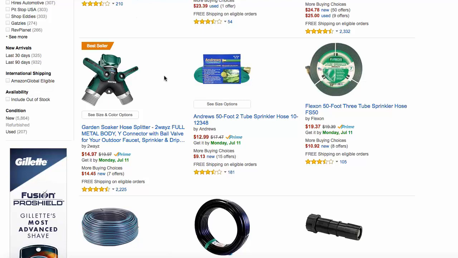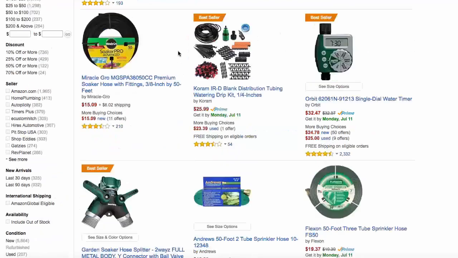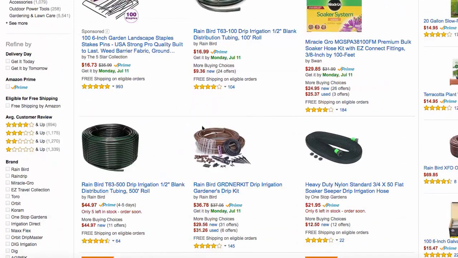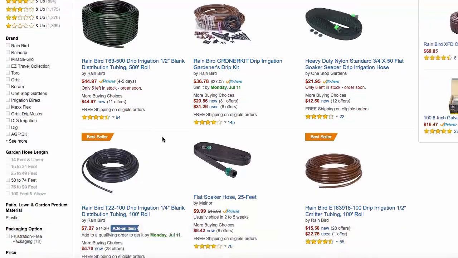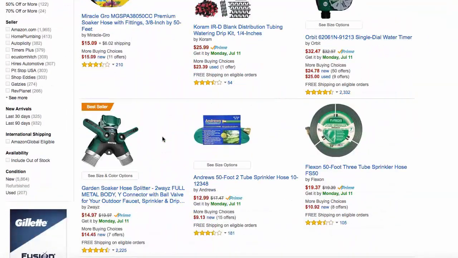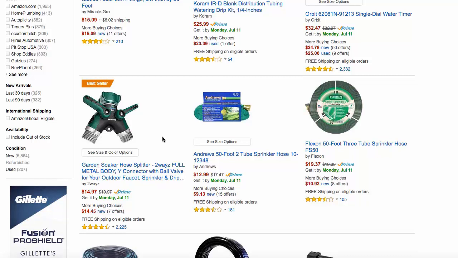That's because with irrigation hose, Amazon is putting up the most relevant stuff on top. And then as it gets less relevant, it's trying to put up things that could potentially be relevant. And there's one right there, this garden soaker thing. Anyone who's searching for irrigation hose is probably not going to be searching specifically for this, but people have used that keyword to find this particular product. Pretty amazing, right? And irrigation hose is more than likely not in that particular listing,